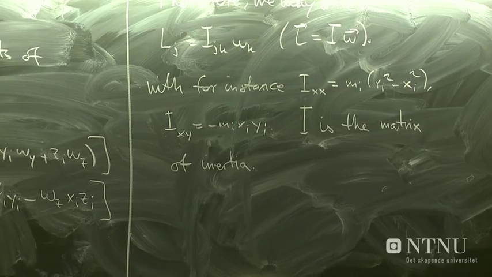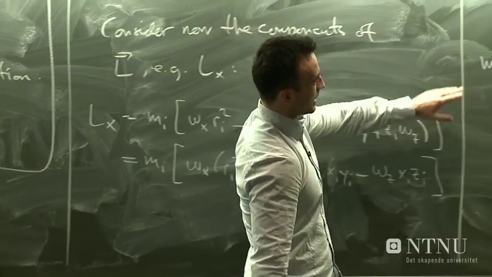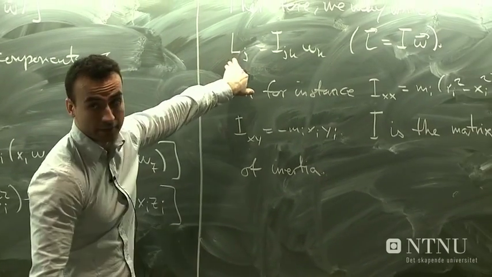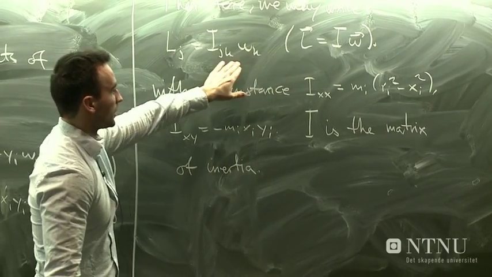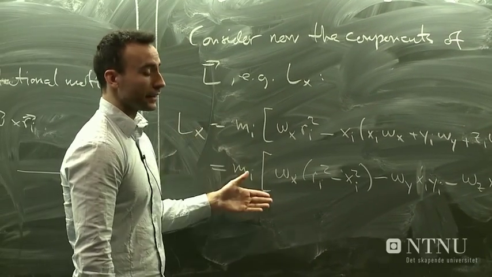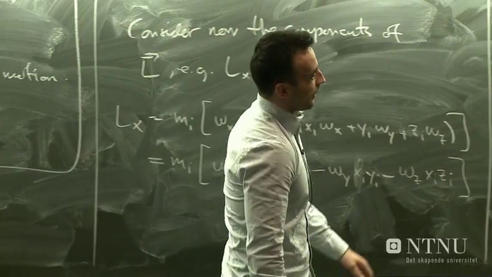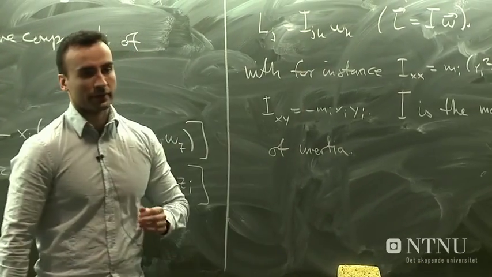You may have heard of the moment of inertia in previous courses, so it's related to this. It's basically relating the angular momentum to the angular velocity vector, so that you can write each component of L as a linear combination of omega. And this has an important consequence,